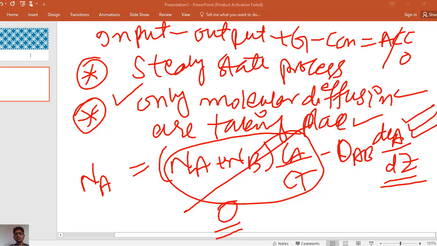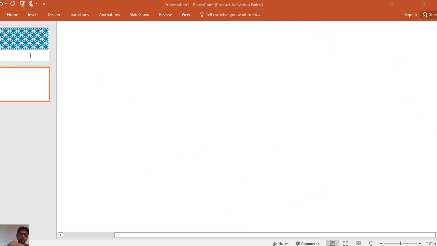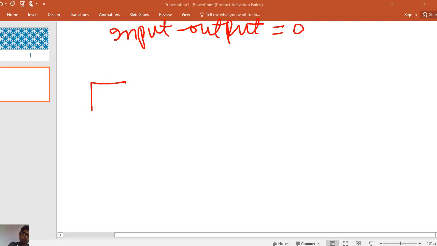So there is no generation and no consumption, so these terms are also 0. So input minus output is equal to 0. The input was, this was the small element,